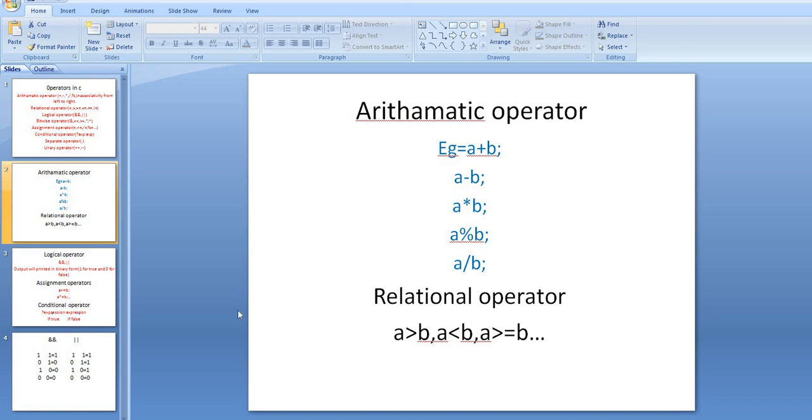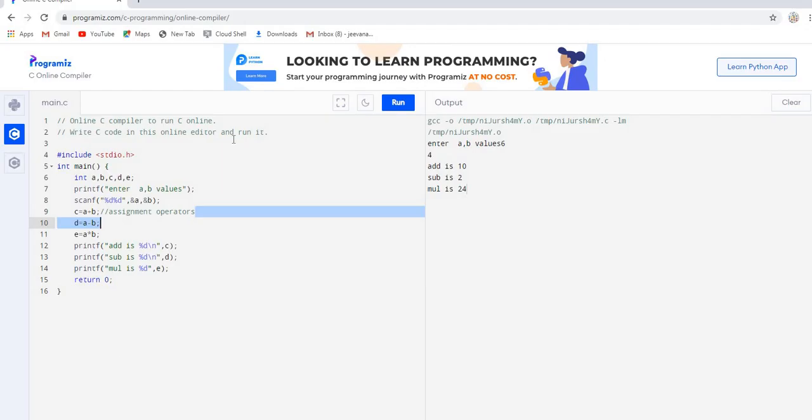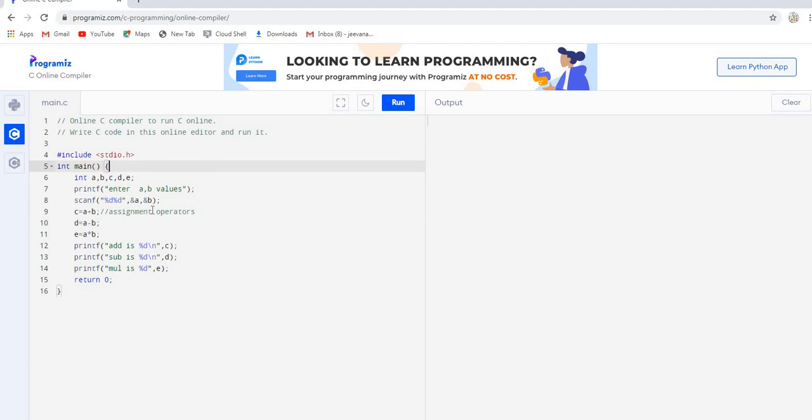We'll see a program on this arithmetic operator. Here we have a program on the arithmetic operators.